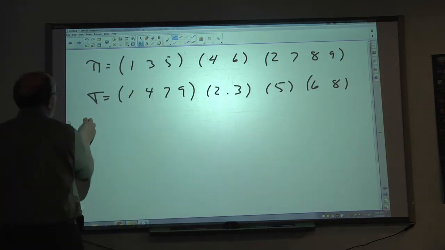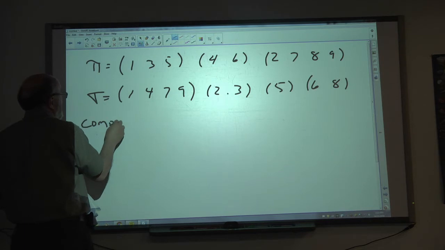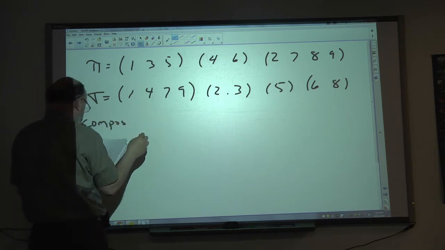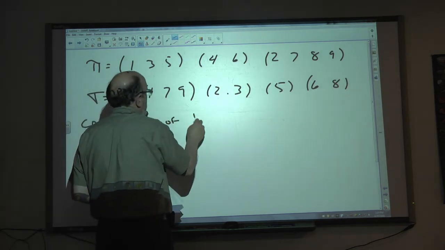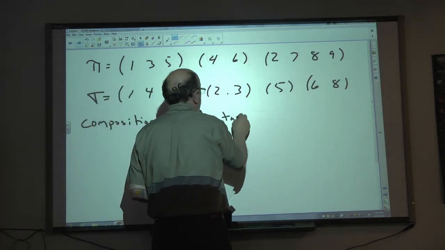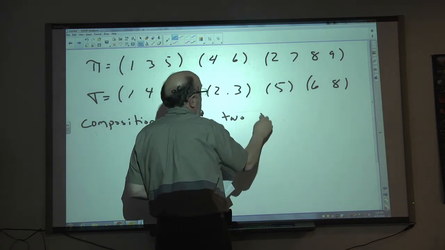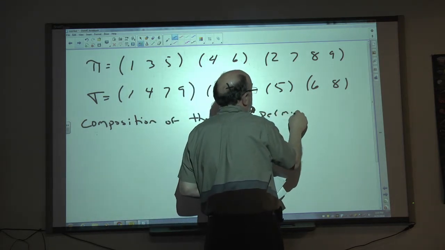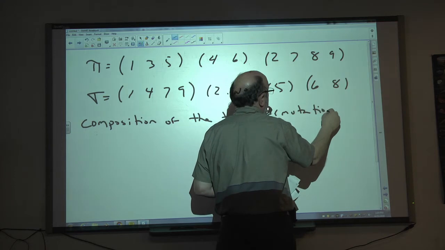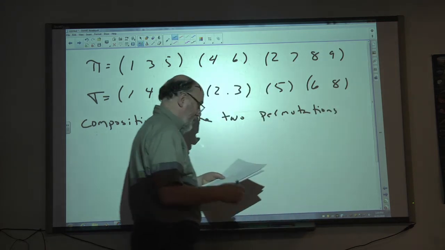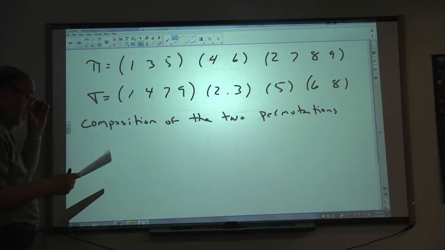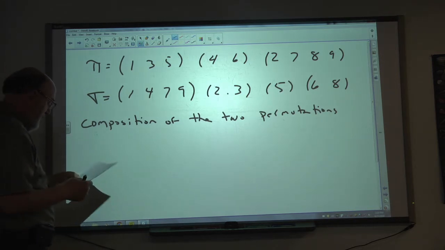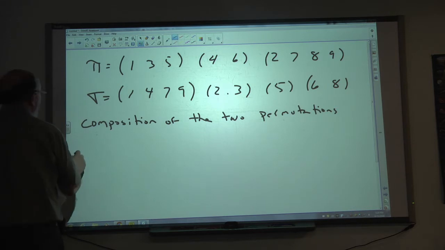And now I want to do the composition of the two permutations. And so now we're going to have